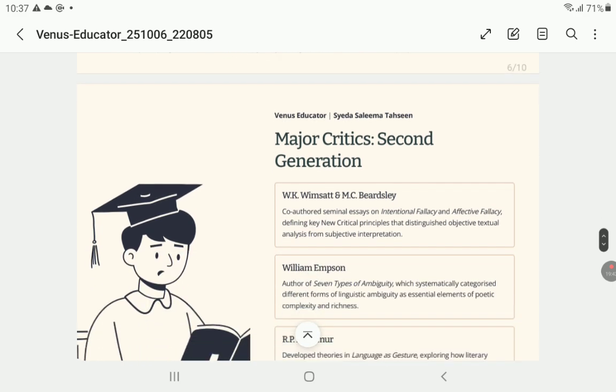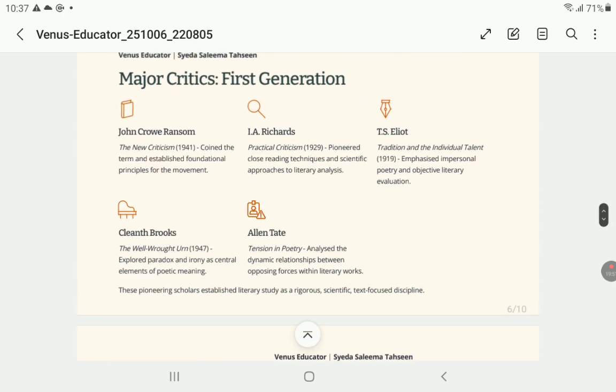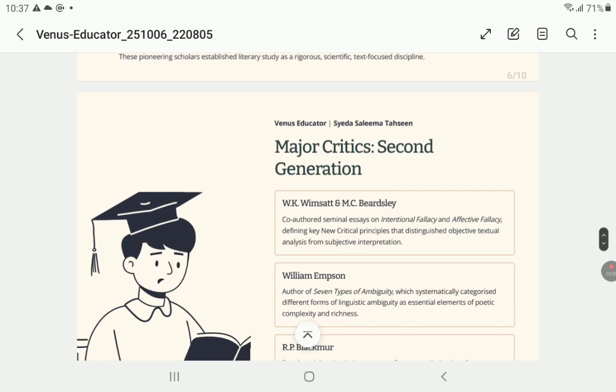Next, major critics, the second generation, meaning people who are associated with New Criticism. So we have already learned five persons' names: John Crowe Ransom, I.A. Richards, T.S. Eliot, Cleanth Brooks, Allen Tate. Next we have